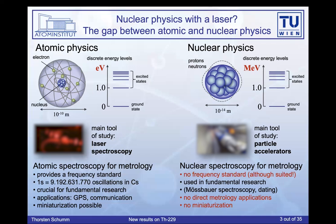Many people don't appreciate that, but you can write down a Hamiltonian, a Schrödinger equation. There are protons interacting, there are neutrons, there is the strong force interaction, there is Coulomb repulsion, and so on. If you could solve it, you could come up with a spectrum. And it would look kind of similar, apart from, I have a clicker that doesn't click, but it does point, I think. Apart from